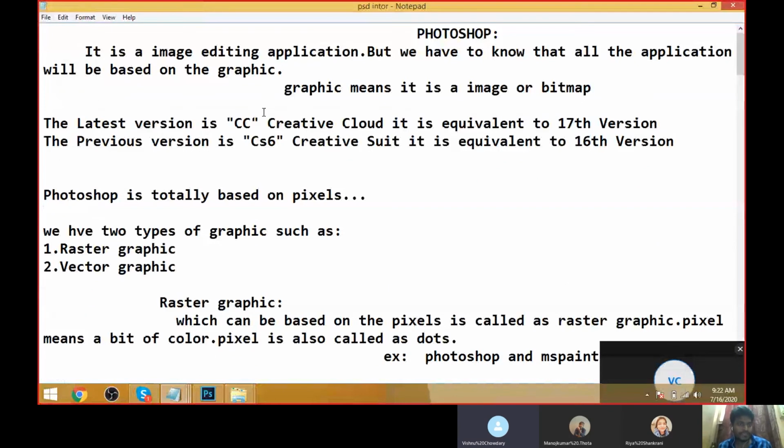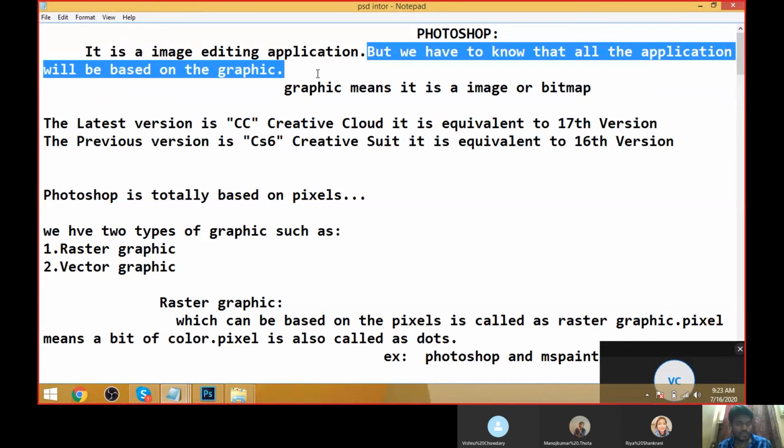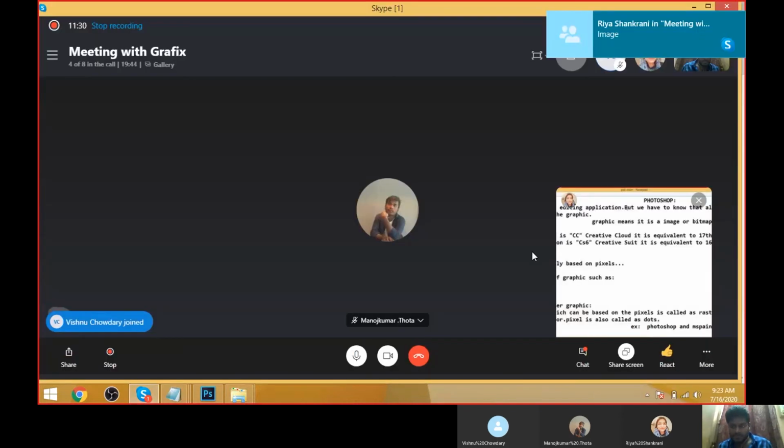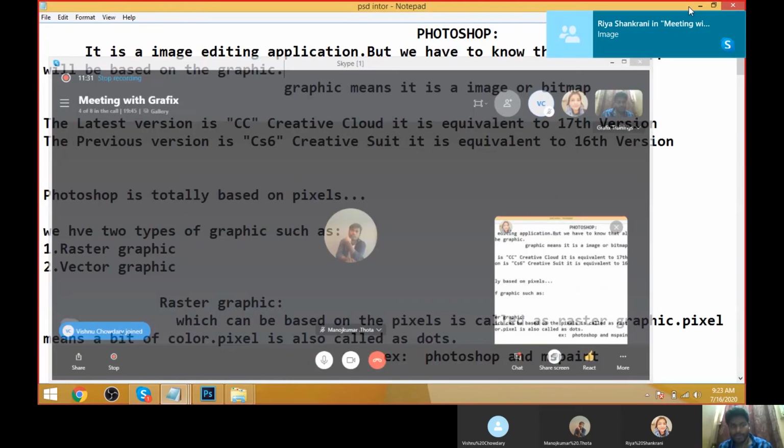Mainly, Photoshop is an image editing application, but we have to know that all the applications will be based on graphics. Okay, I'll share the document also, no issue.